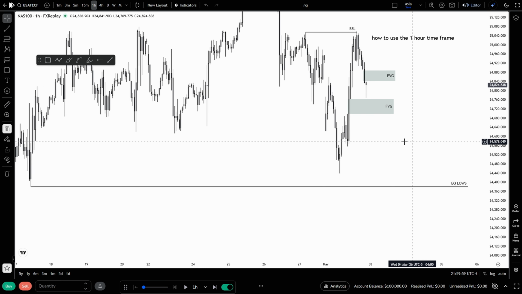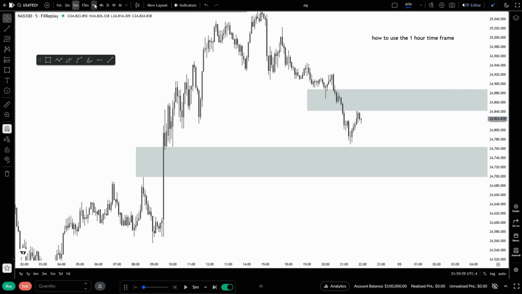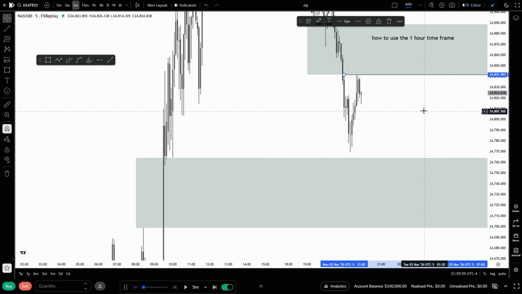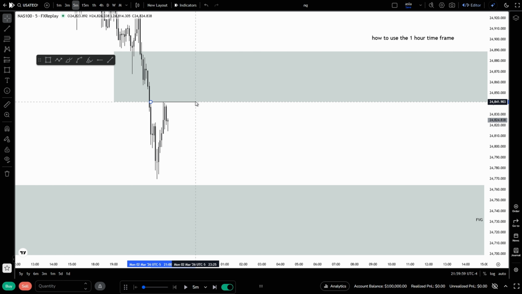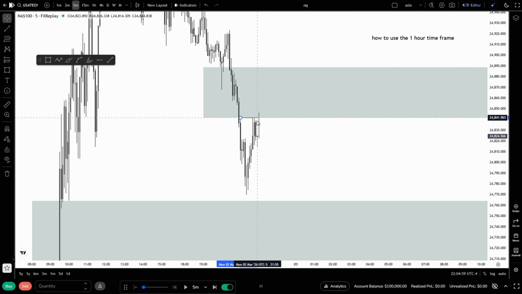Now I drop down to the 5-minute time frame to refine the setup. What am I waiting for on the 5-minute? I want price to retrace back into one of those hourly fair value gaps. And ideally I want it to tap into the bearish one, because it aligns with my bias and the draw on liquidity. So as price develops, you can see that it comes up into that bearish fair value gap